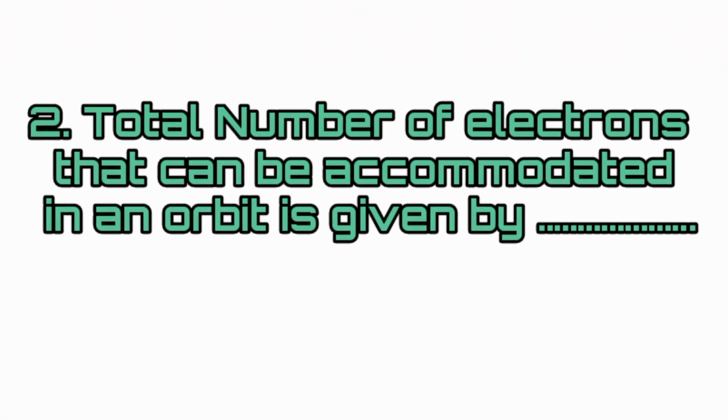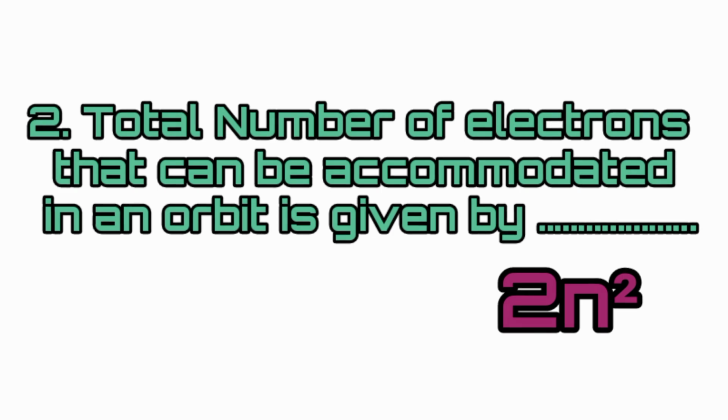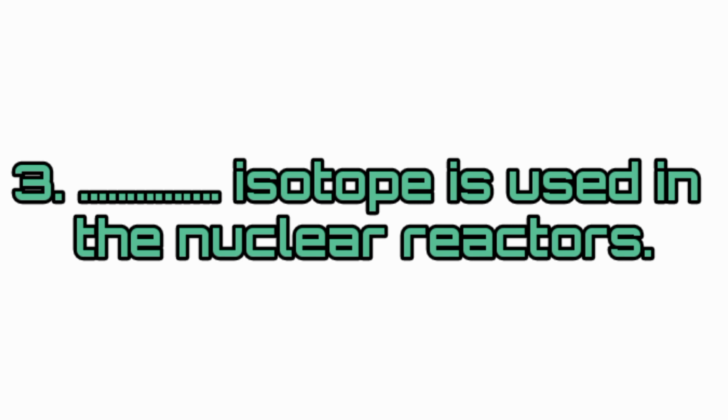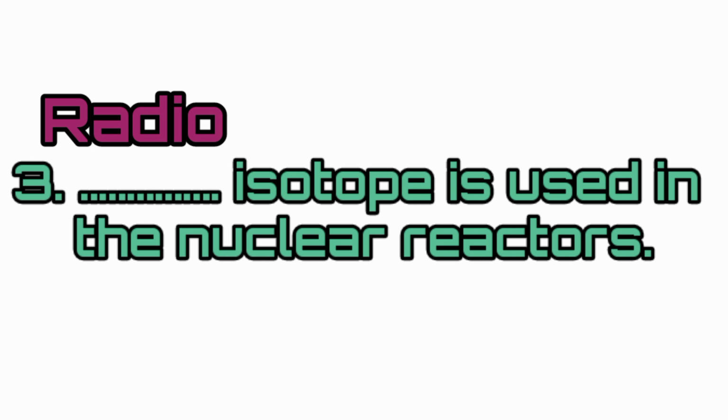Second question, total number of electrons that can be accommodated in an orbit is given by dash. Answer 2n square. Total number of electrons that can be accommodated in an orbit is given by 2n square, where n is number of orbit. Third question, dash isotope is used in the nuclear reactors. Answer radio. Radioisotopes is used in the nuclear reactors, because these isotopes are unstable and having extra neutrons in their